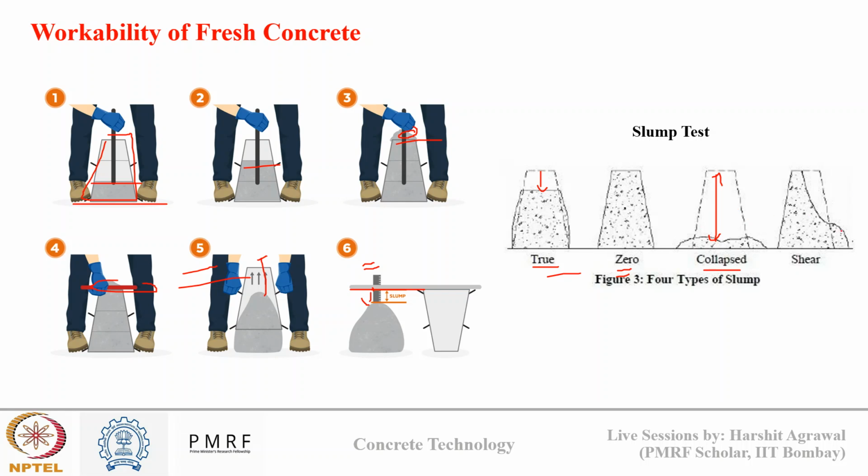And finally, the slump can show some shear deformation also, where vertical deviation is not uniform, and this occurs when my concrete lacks some cohesion and there is segregation in my concrete. So if there is lack of cohesion and segregation, I can observe a shear slump. If such slump is recorded, the test should be repeated, and if it happens again, then the mix should be modified by adding more fines or by reducing the water content. This is not desirable. However, these three can be desirable based on the workability level you are targeting.